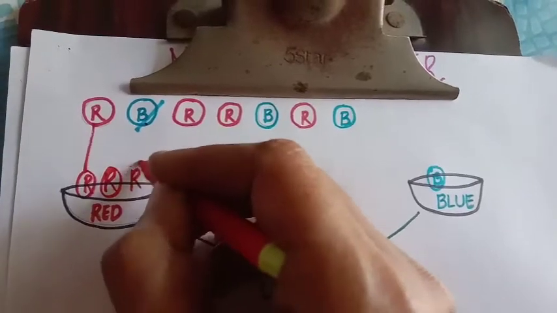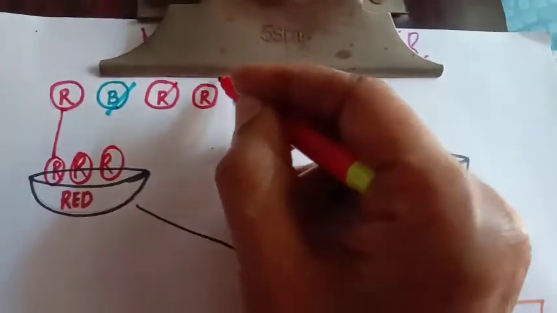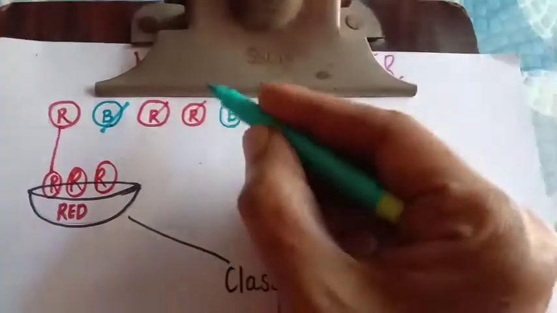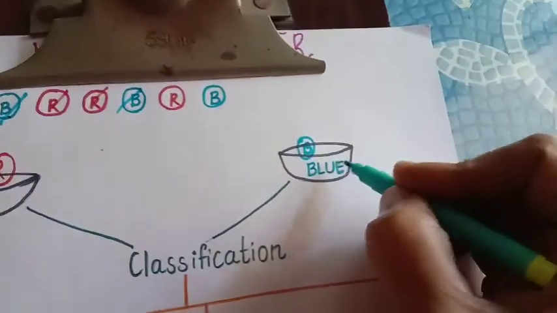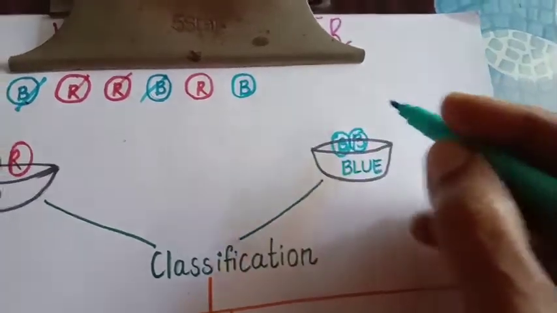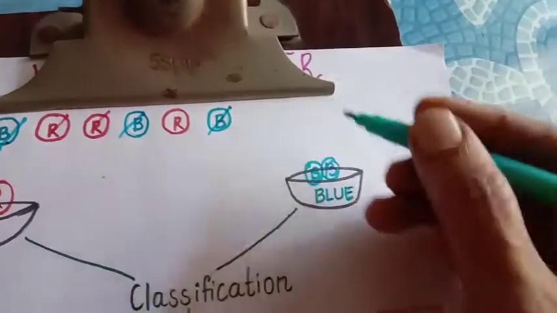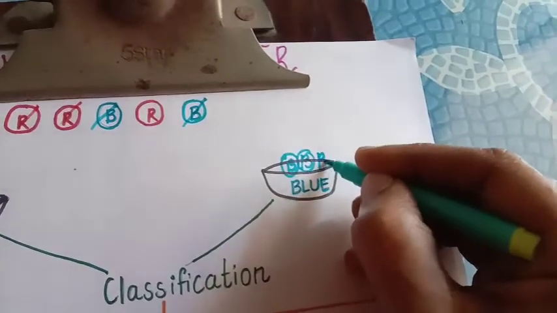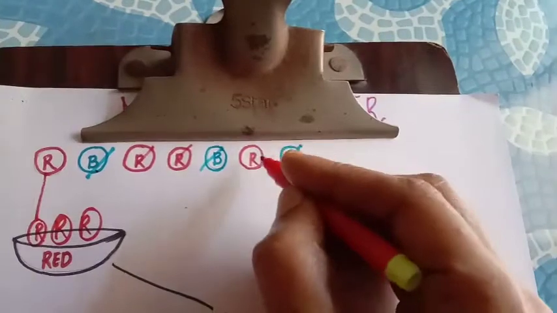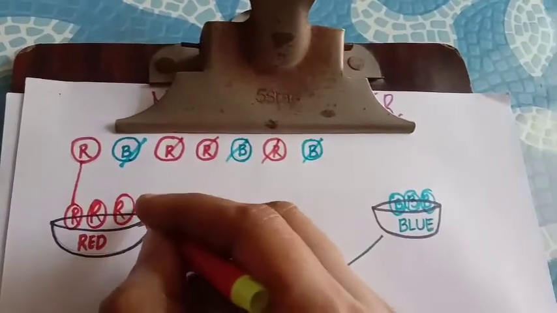Two red colored beads. And this blue color bead again will go in here. At the end, this blue color bead will go in here, and this red color bead will be put in this bowl. Okay,